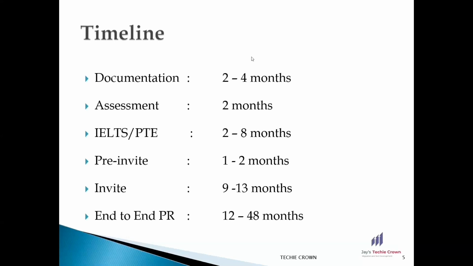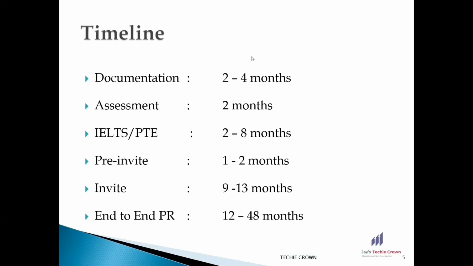Once you apply for the assessment, you might end up getting it in 6 weeks, or sometimes it may go till 8 weeks of time. And in case there is any delay due to any lack of documentation from your end, it might go till 2 months. And then finally, language test. In most cases, people used to get stuck at this language test, which may end up going till 8 months. So always make sure you prepare well and get this language test completed within 2 months of time.